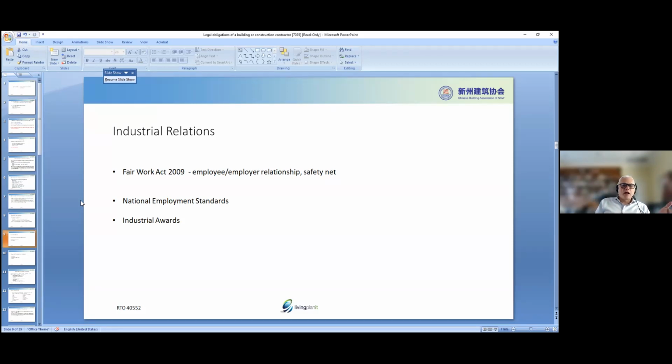In actual fact, there's probably more than 120, 130, 140 awards. So each industry, each person has an award. Now, if you're going to make a separate award with your employees, it has to be better than what the original is. You cannot make one that's worse. I can't say to you, I'm going to pay you $5 an hour less than the award, and I'm going to work you harder. I can't say any of those two things, even though you might agree to it because you may not have work. All right, I cannot do that.